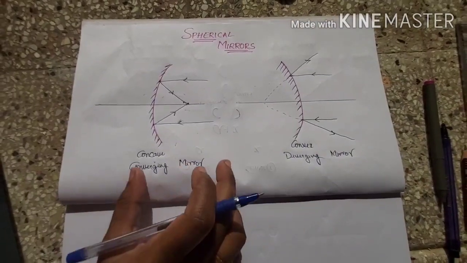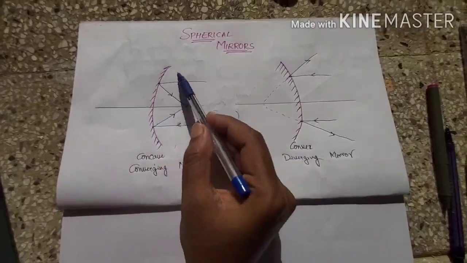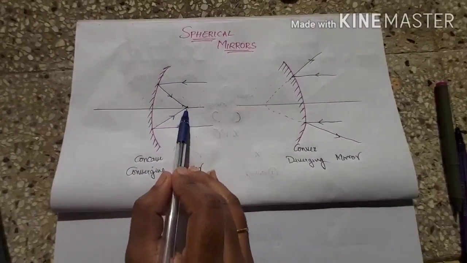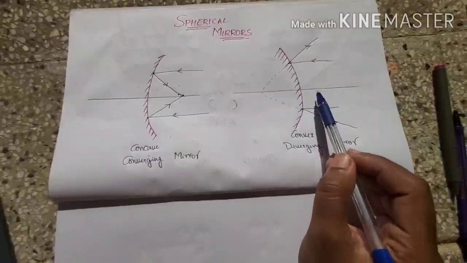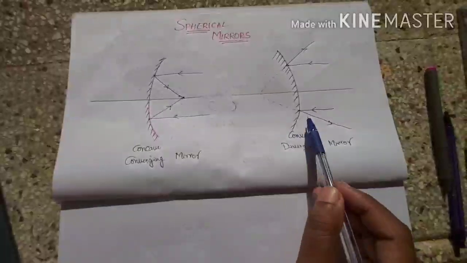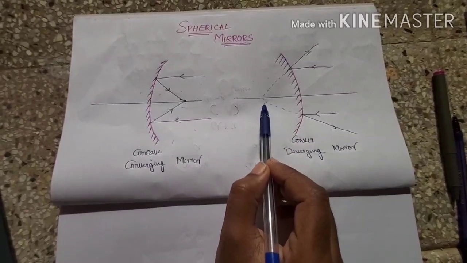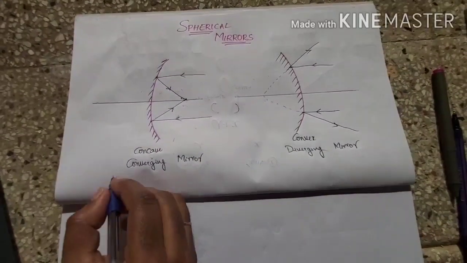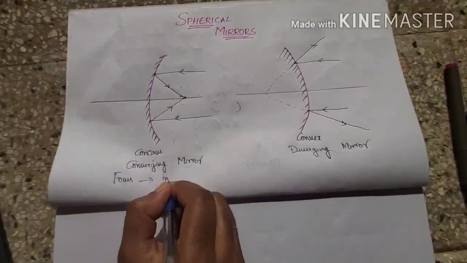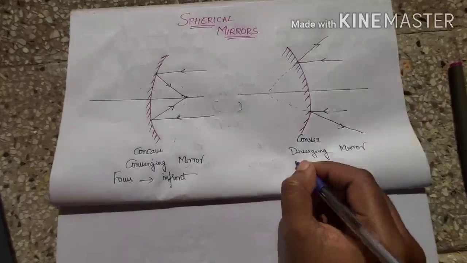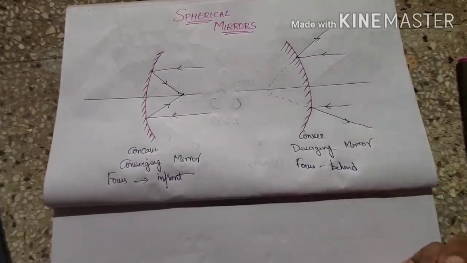In a concave mirror, all the light rays will focus in front. So this is the reflecting surface now. The focus point of all the rays will be in front of it. Whereas for convex, this is your reflecting surface, and it will be behind, no? It is appearing to come from this point, right? So this point is behind. So here the focus will be in front of the mirror, whereas here the focus will be behind the mirror.